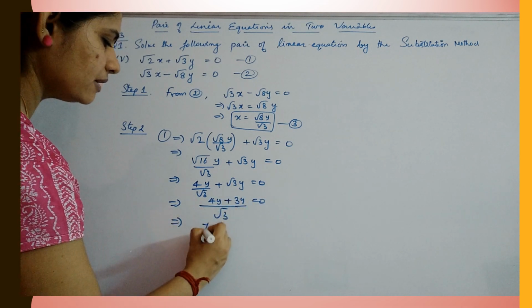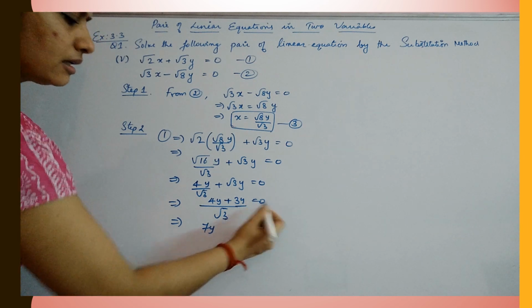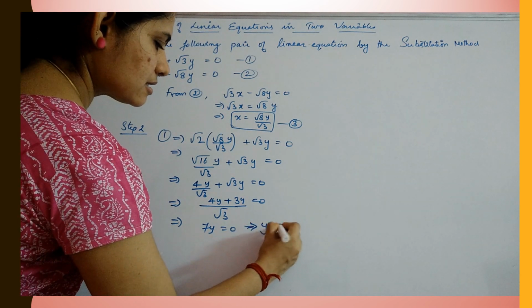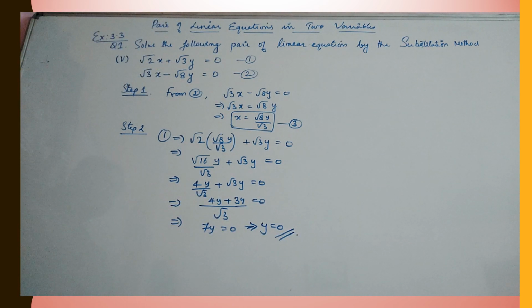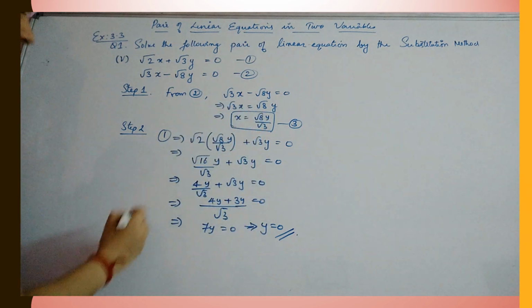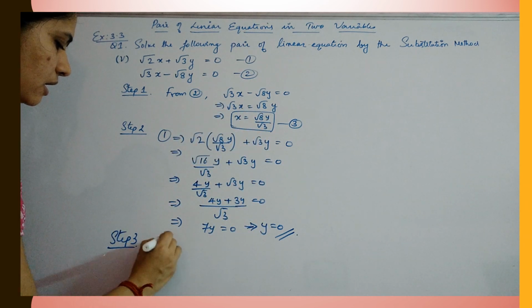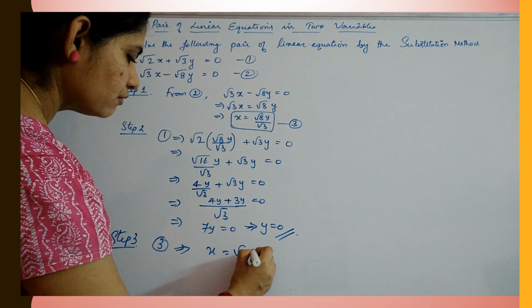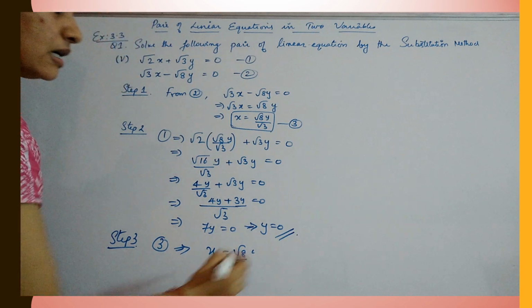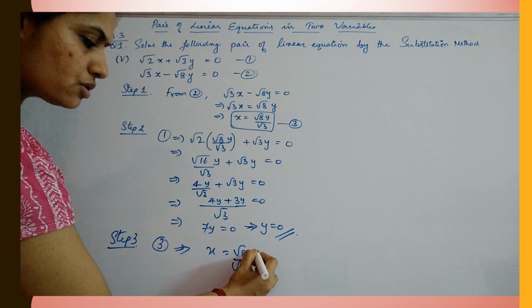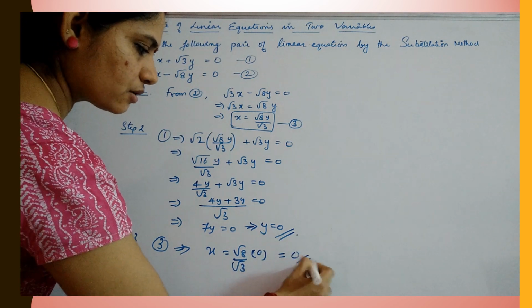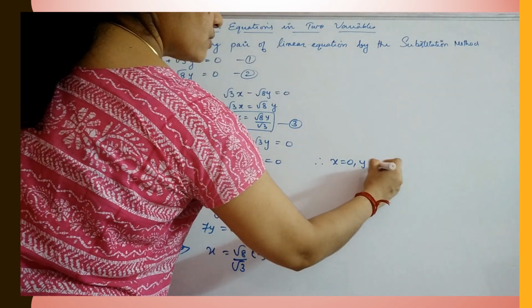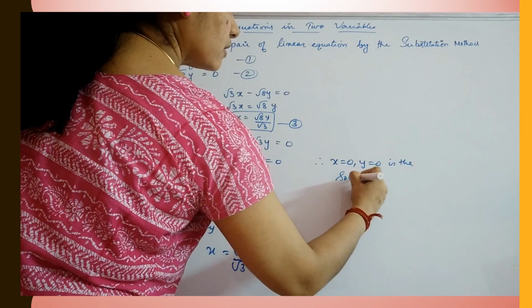That is, you will get 7y divided by root 3 will go there and will become 7y equal to 0. This will give you your y as 0. Okay. And this value will be substituted in equation number 3 for your step 3. Equation 3 becomes x is equal to root 8y into root 8y divided by root 3. So root 8 into 0, you get 0. So the answer is 0. Therefore, what is the solution? Therefore, x equal to 0, y equal to 0 is the solution.